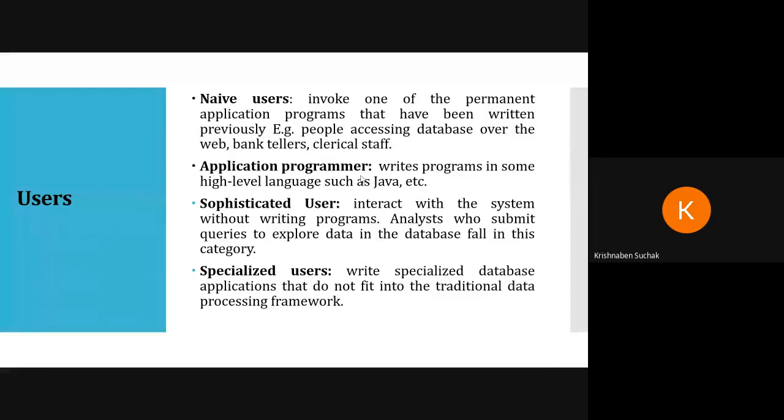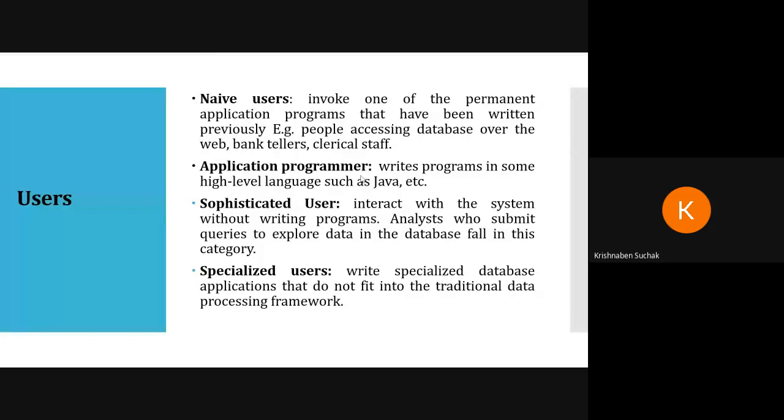In database architecture, you can say there are different kinds of user. First of all, what is a database user? Let us see that. Whenever I say database user, there can be different types of user, right? Each one would have their own functionality, their own part that they play in this architecture. The primary goal of a database system is to retrieve information from the user and store new information into the database. They are retrieving the information and they are storing new information.